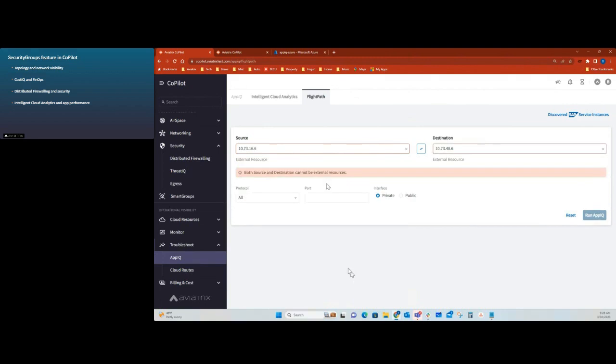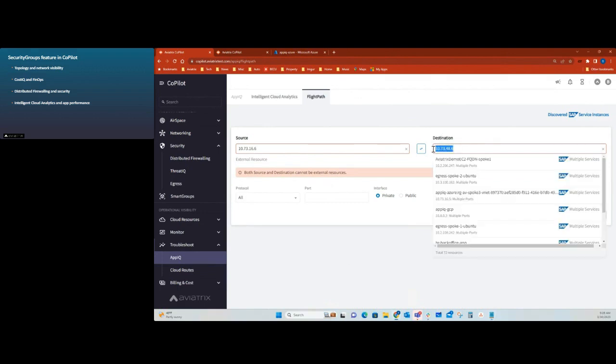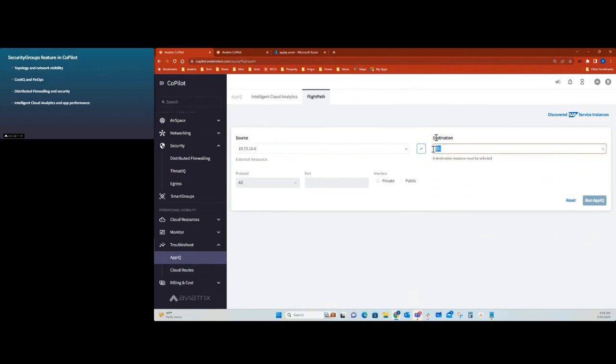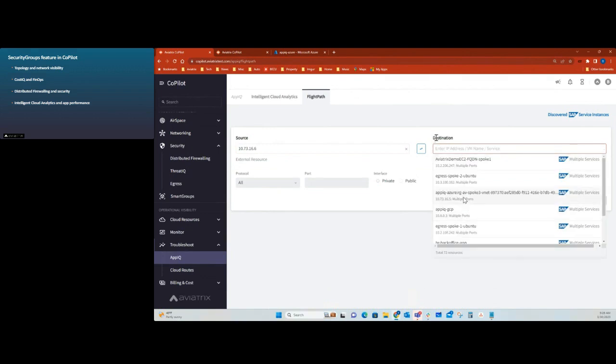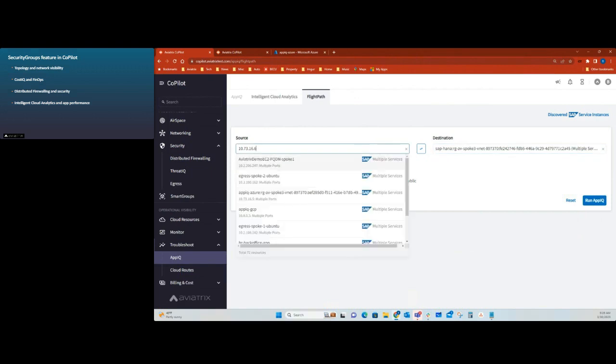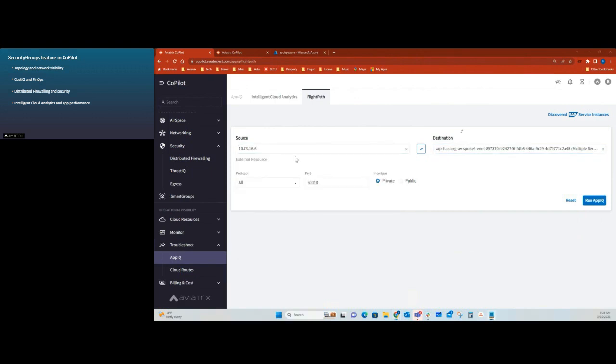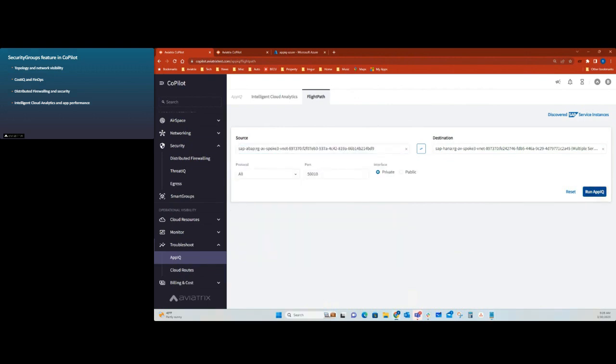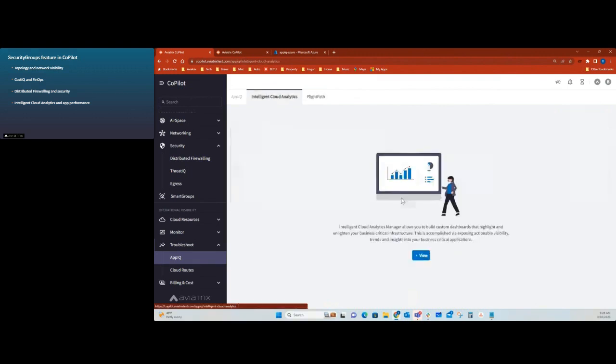Oh, that's funny. It says they're external sources. Interesting. Okay. Well, let's do this. Maybe I copied them incorrectly. Let's just convert them to the actual virtual machine that we're talking about. See if that happens. There we go. Okay, as that grinds away, we're going to go back to ICA